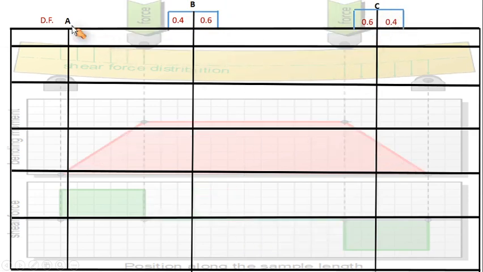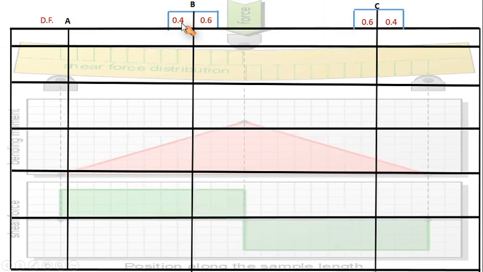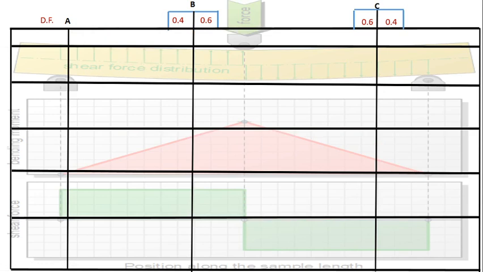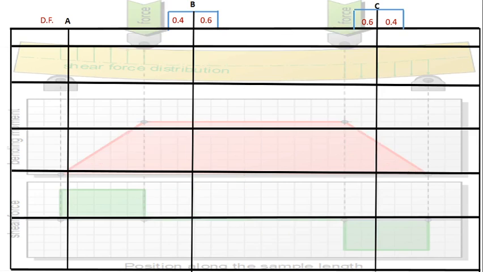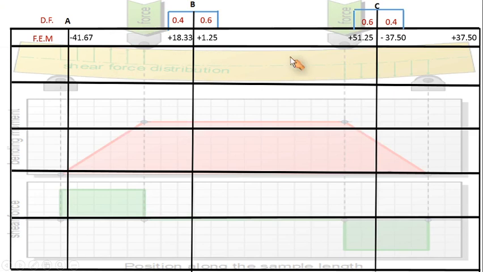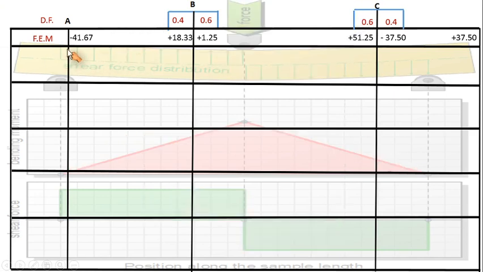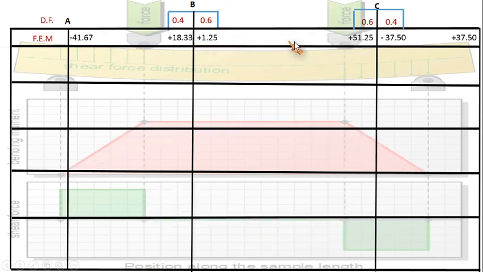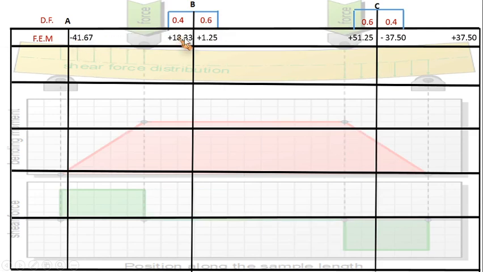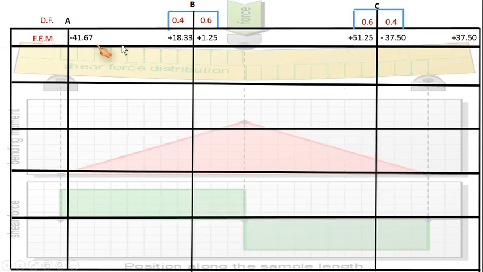Now after finishing with the placement of the distribution factor in this table, the next job is to write the fixed end moments we have already found out, taking into account the fixity of the beam as well as the sinking support effect. So I have to write all these various fixed end moments about that individual joint on the left hand side as well as on the right hand side of the joint. So we have already found out MAB, MBA, MBC, MCB, MCD and MDC. So these are the various things.